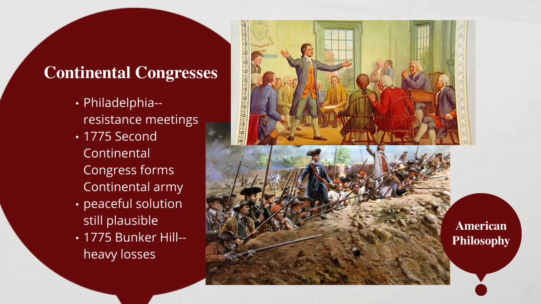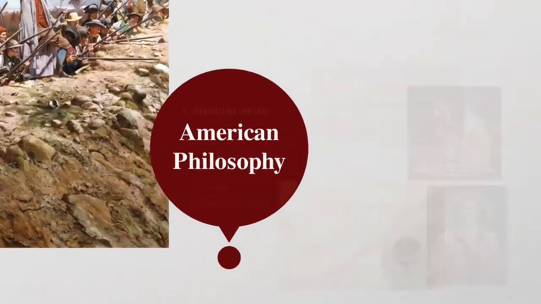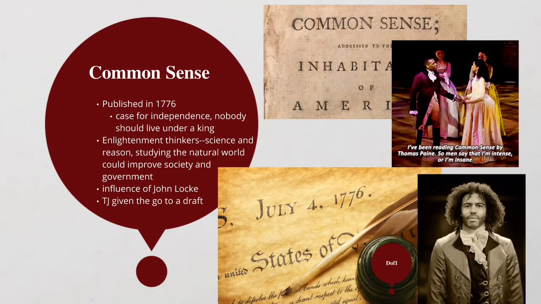So, things are intensifying. Then, of course, Thomas Paine publishes Common Sense, 47 pages, and it made a very fervent case for independence and pretty much put up the argument that nobody should live under a king because Thomas Paine is essentially what's called an Enlightenment thinker. An Enlightenment thinker, like most of our quote-unquote founding fathers,